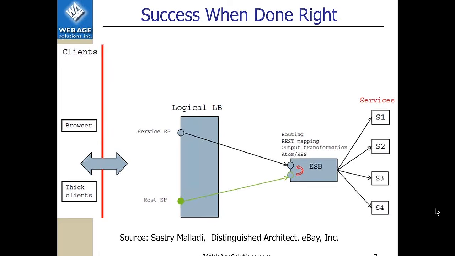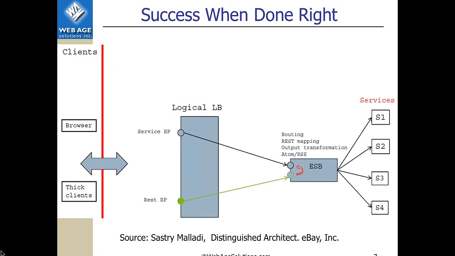Here's an example of what you might consider a success when you apply SOA principles right. This is a slide from a presentation made by eBay software engineers, and it just shows how they implemented some of the principles of SOA.